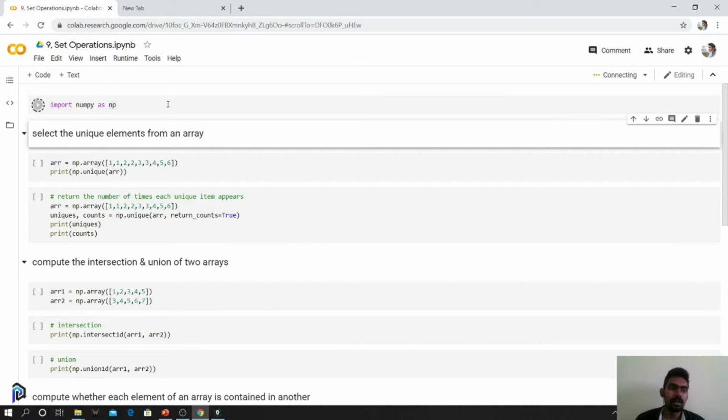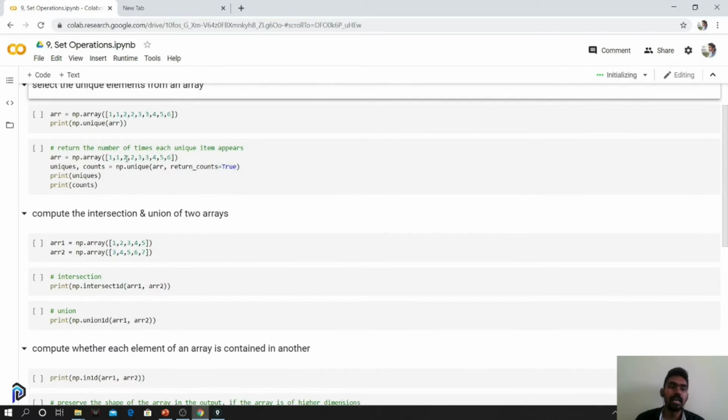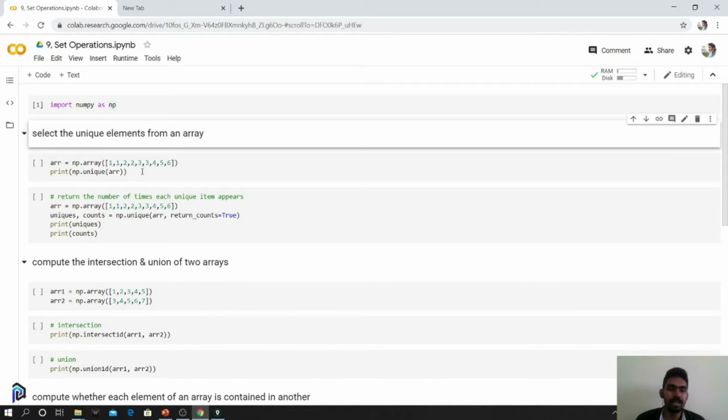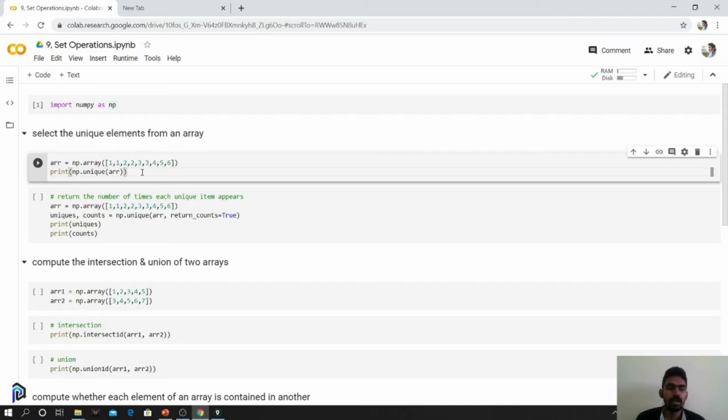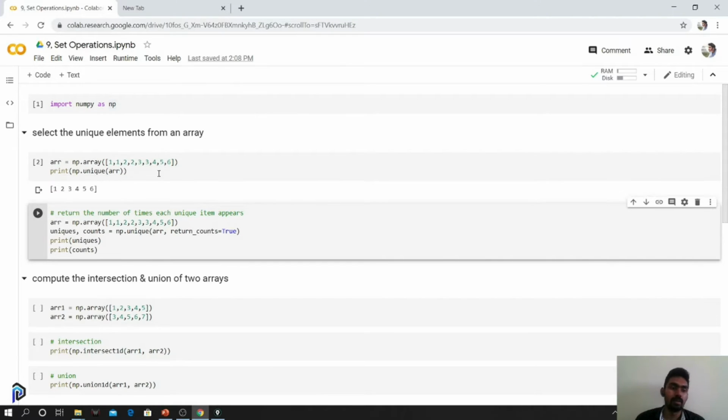So first thing is a set is elements which are unique. In one particular set, we say the element should be unique, right? So let's get started with the np.unique function. Even if you're given an array which has redundant elements, you will only have the original unique elements. So these are the unique elements that are available in this array.